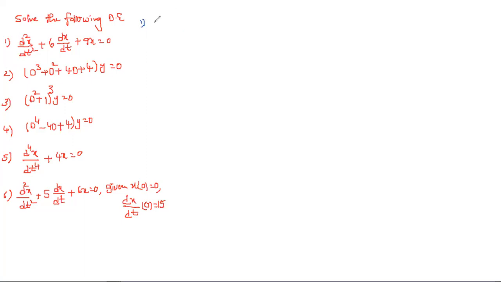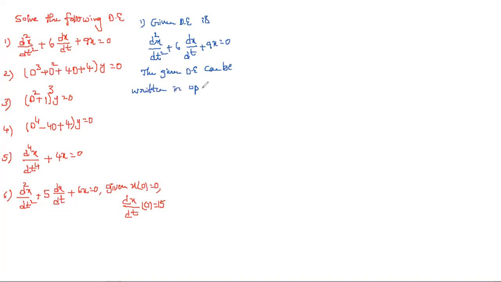Okay, so write on here, given differential equation is d square x by dt square plus 6 into dx by dt plus 9x is equal to 0. Just I took the given differential equation as this. What is the first step here? First, we need to write in operator form, right? So here it is, the given differential equation can be written in operator form.